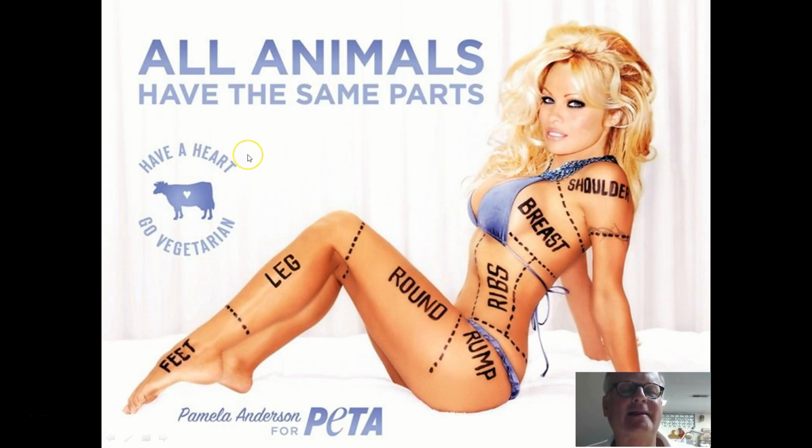And so this is kind of the antithesis of the previous one. This is one that's making an argument for vegetarianism. And they're using this really sort of compelling image, depending on how you feel about Pamela Anderson, to make their point that human beings have body parts just like cows do or pigs do, and that if we took a human being and ate them, we might consider them in the same kind of way. That we can just simply regard them as something to be consumed. So this is kind of dehumanizing the notion of eating meat by using a human being in a particular kind of way.